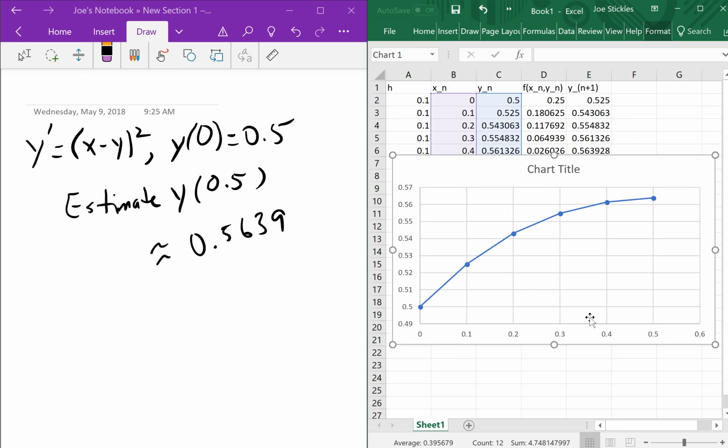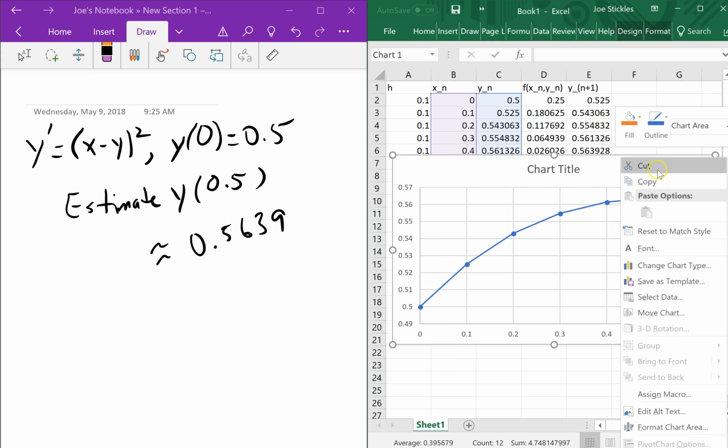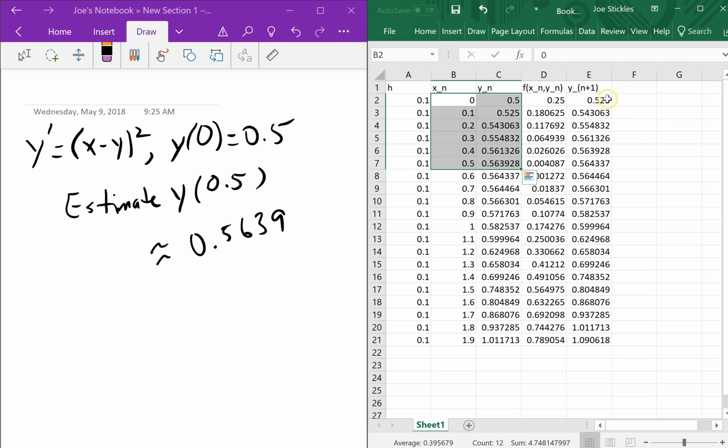Let's see how we could modify this to do improved Euler's. Remember, improved Euler's is trying to do an average of the slope. Let me just delete this chart out of the way. So for improved Euler's method, we don't use this as our new y. We're using that y value from our Euler method as an intermediate step. Then we will use that intermediate value and the next x value. So I'll write it as f of x sub n plus 1 comma y sub n plus 1 star